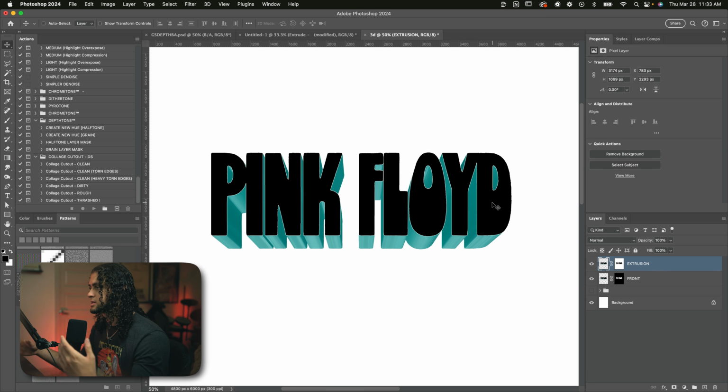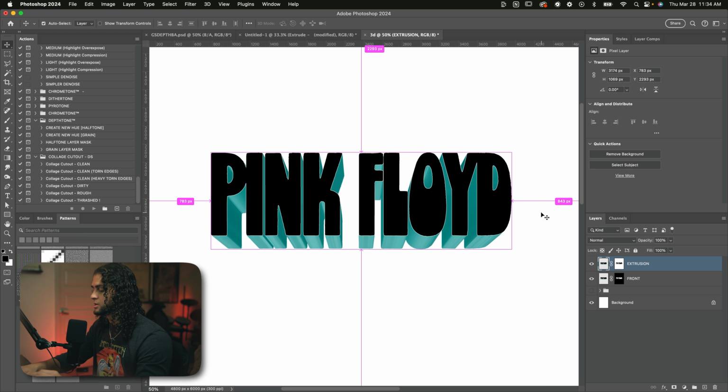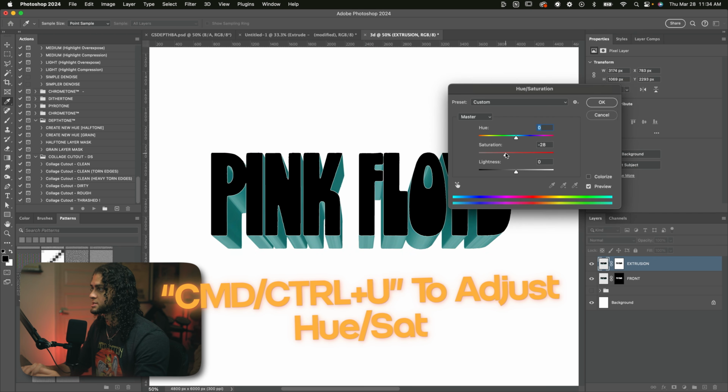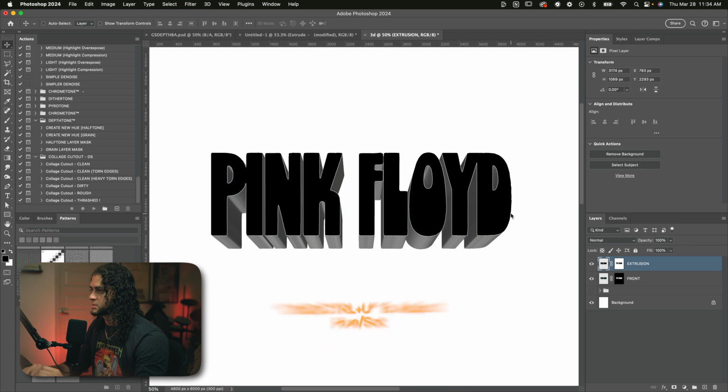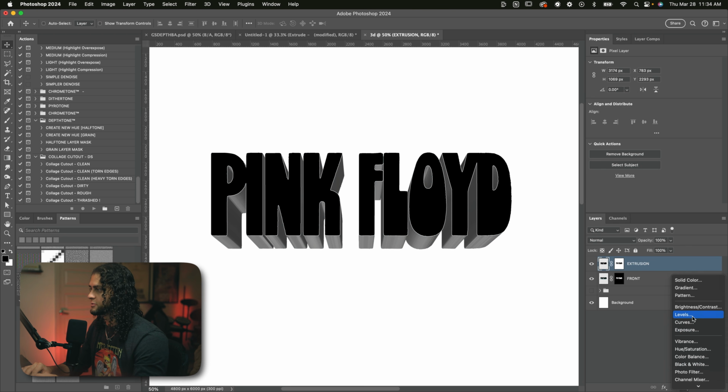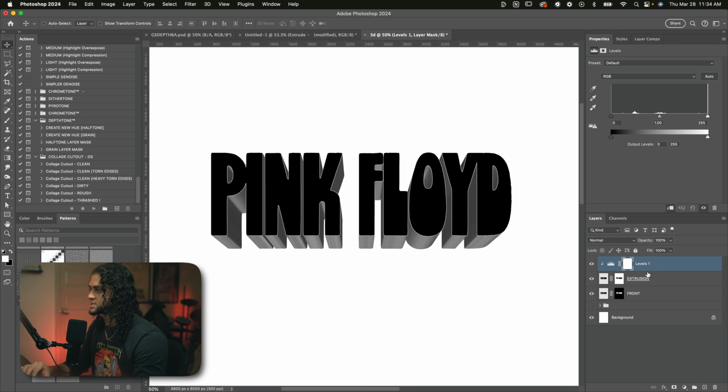Next up, we can start adding layer styles and effects to our text here, and that's going to make it really pop. So the first thing I'm going to do is desaturate this extrusion layer. So I press Command U on my keyboard and bring the saturation all the way down. At this point, I can also play with the levels of this extrusion to get more of a stylized effect. So I'll make a levels adjustment layer and clip that to the extrusion,